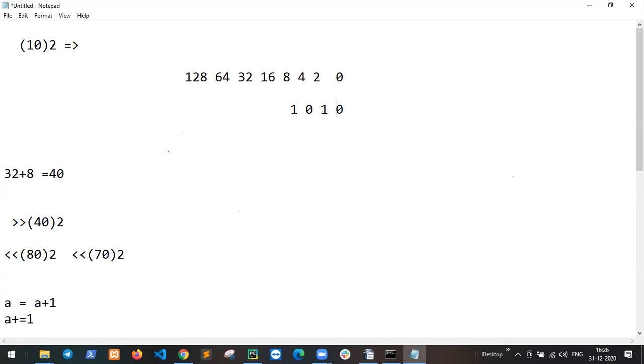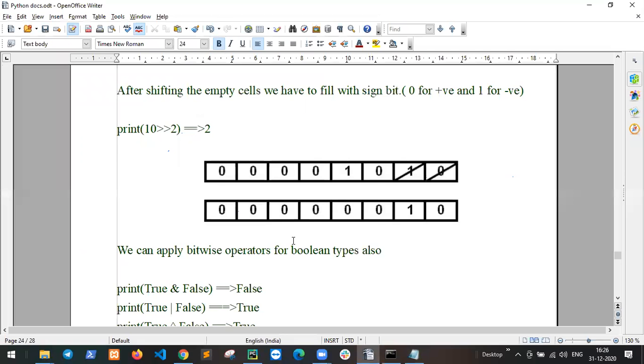And otherwise, 16 is 0, 32 is 0, 64 is 0 and 128 is 0. So we find 0 0 0 0 1 0 1 0. So the binary is 1010. What is the result?